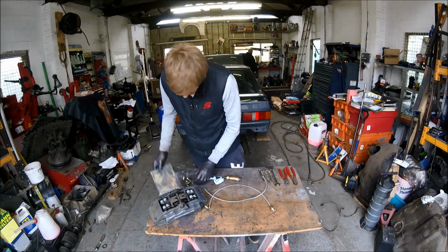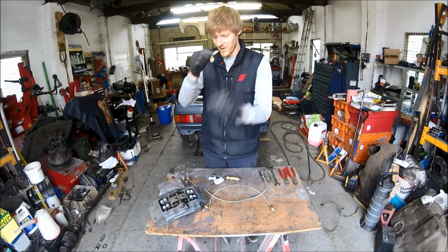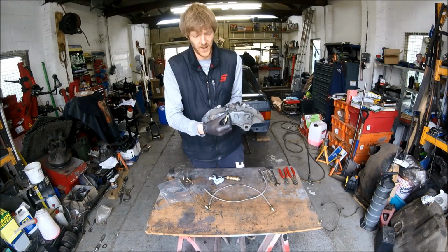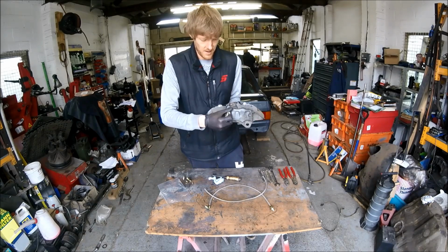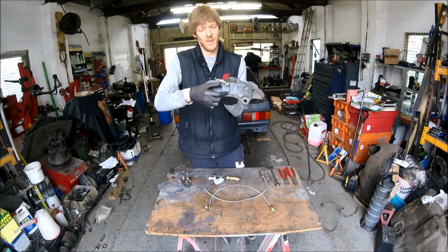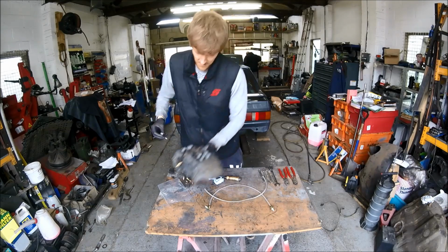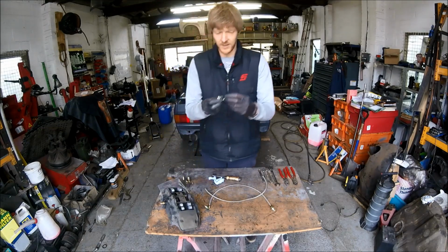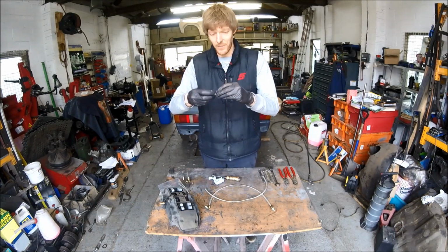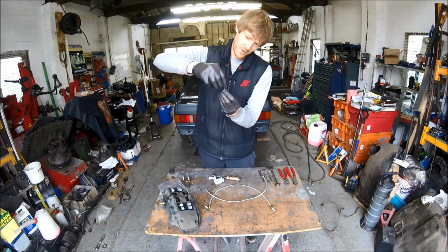And then we have a little bag of magic bits. This is the 90-degree elbow, which will be fitting to the back of the caliper in a fashion such as this. So we'll screw that on, and that will be how that fits. But before we do that, we need to take this fitting apart. One end you won't be able to get off because it's fitted to the pipe. So you'll hold this end, take that off, being very careful because inside